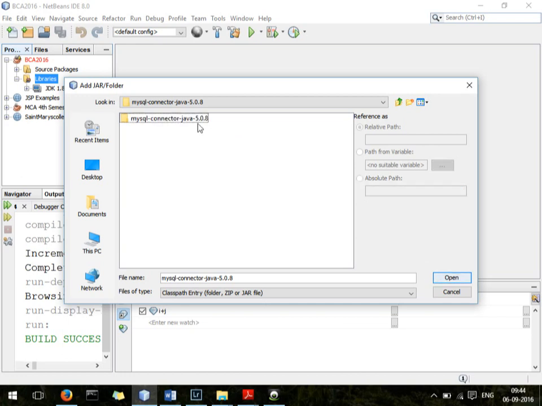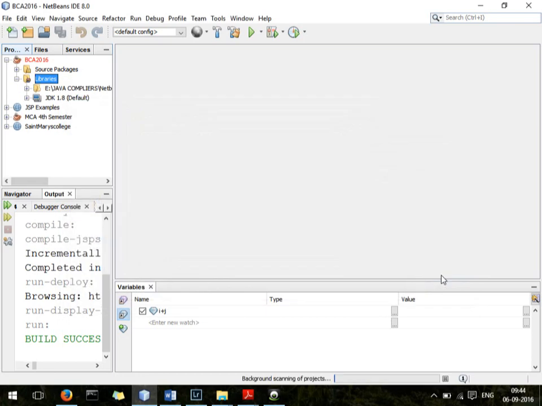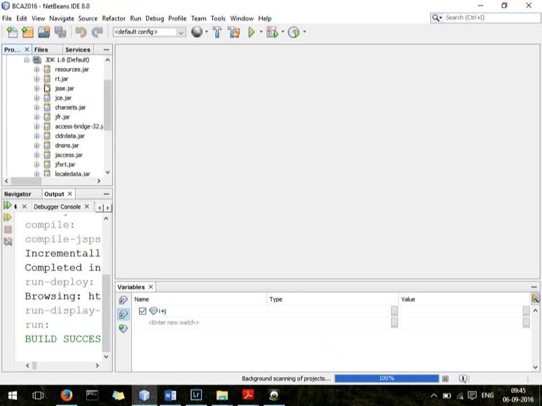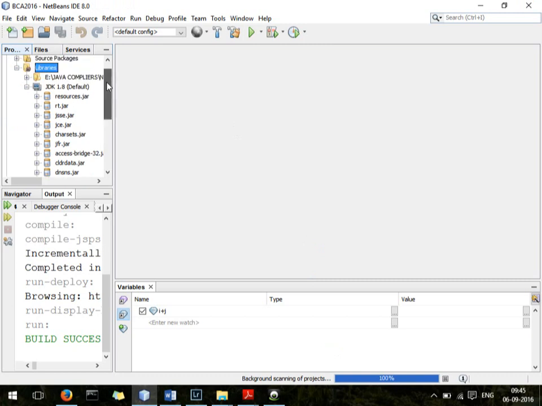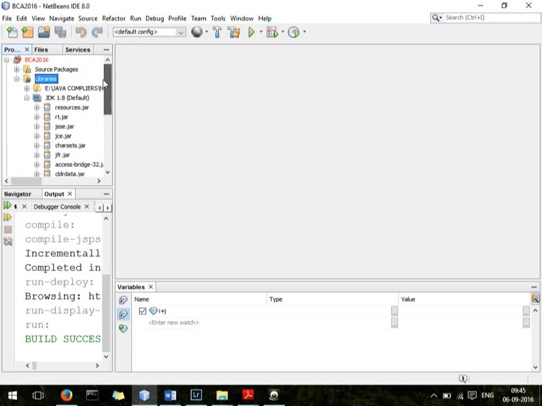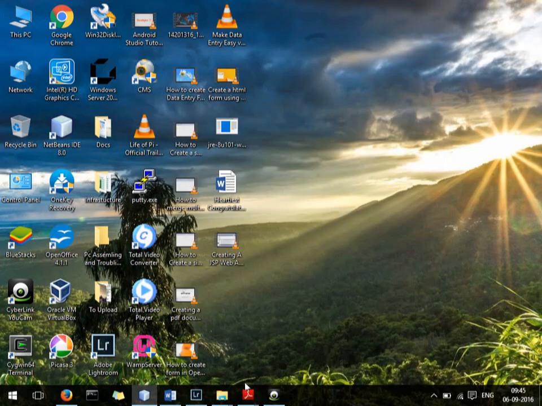Where's my jar file? It's been removed. Okay, so I have connected it. Now you have to see whether it is there or not. Still connecting. Alright, I don't think it has come over here. Not yet, because my folder is still empty. So just find the